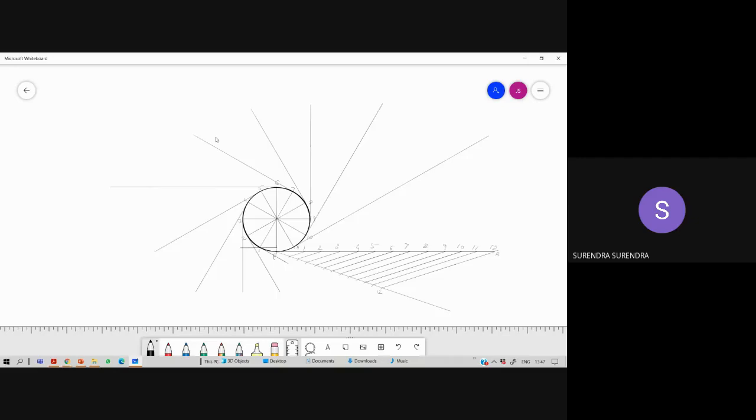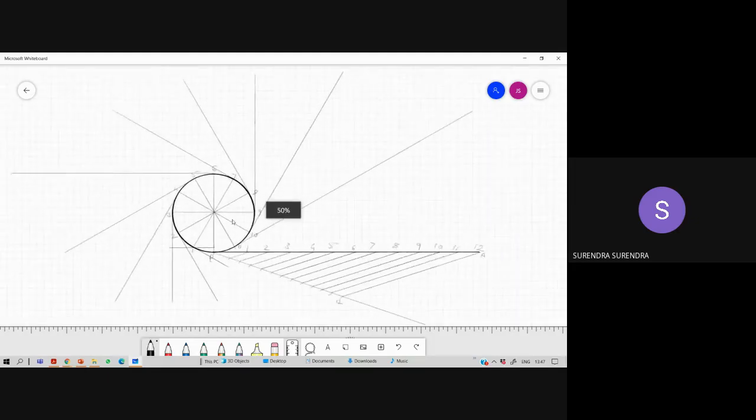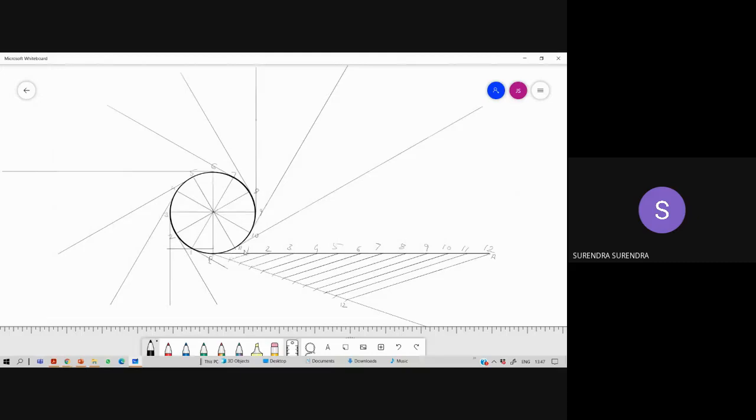First step is drawing the circle and line, dividing it into 12 divisions. Second step, drawing the tangents at each and every division of the circle. After drawing the tangents, take the compass, set radius equal to P to 1. Measure the distance from P to 1. Take compass, center as 1, and mark an arc on the first tangent. Name this as P1.